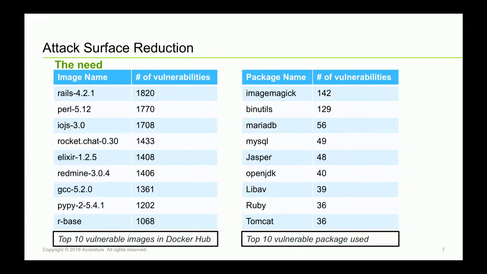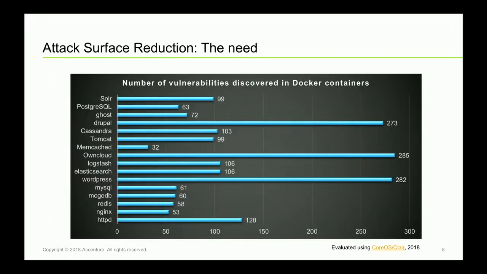After that we looked at some other numbers. I'm going to display this picture for a little bit and let it sink in. At the time we conducted our experiment, these are the top 20 Docker images in use on DockerHub. This means these are probably running somewhere in production. We did something very simple: we automated the pull of these containers, deployed them into an environment, and assessed the vulnerabilities using Clair, which is an open source scanner. You can see that some of them have literally triple-digit vulnerabilities, and we'll see after that the size is pretty big for what it is.